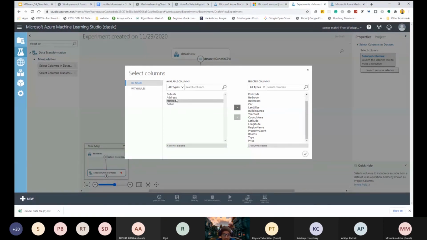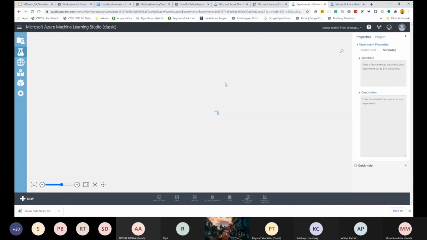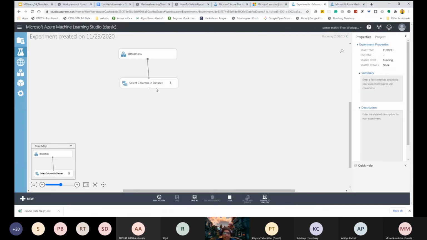Suburb, address, method, seller, and date. Yeah, we don't need the date part also. Now just click this button. Now on the bottom, you just click the run. So it will take some time to complete that module.